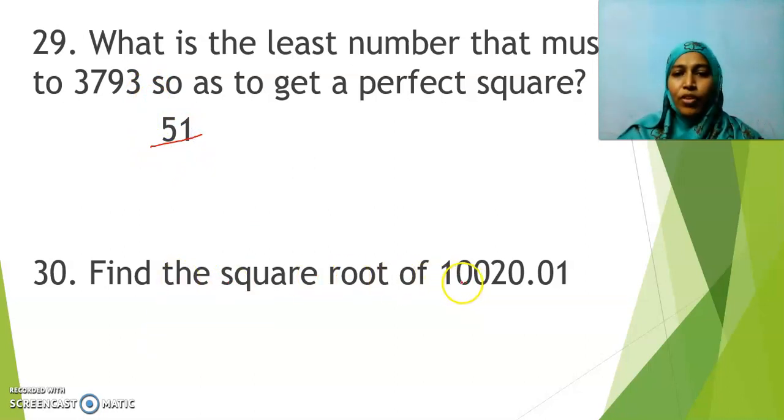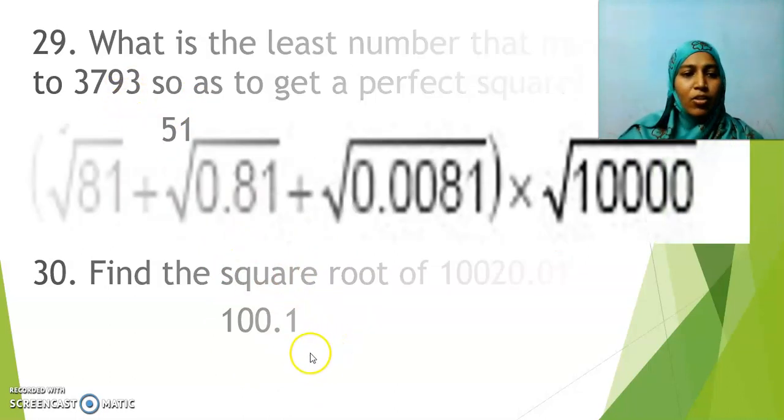Find the square root of 10,020.01. Again, you have to club them like this, from the back for the whole part and from the front for the decimal part. Then you have to go for long division method, and you can get the answer as 100.1. If I keep on doing all these sums now, time will not be enough. So I am moving on fast. Try to do it on your own. Okay. Now next question is